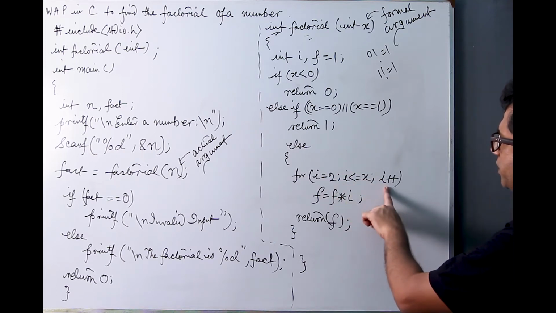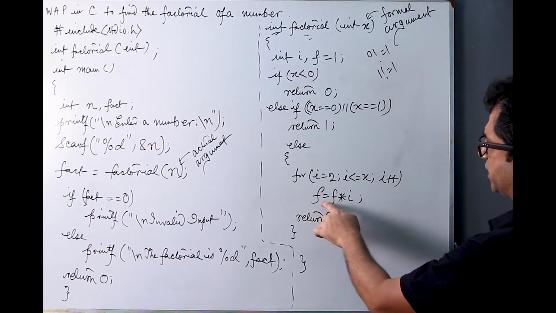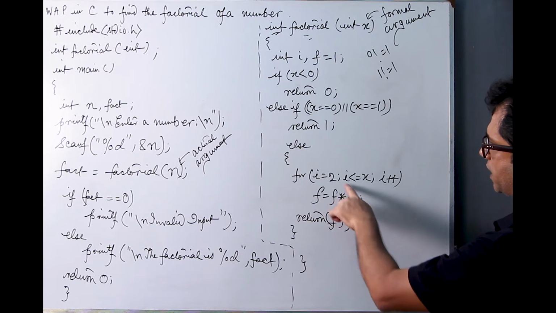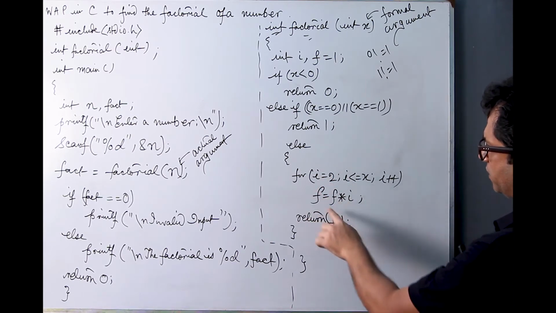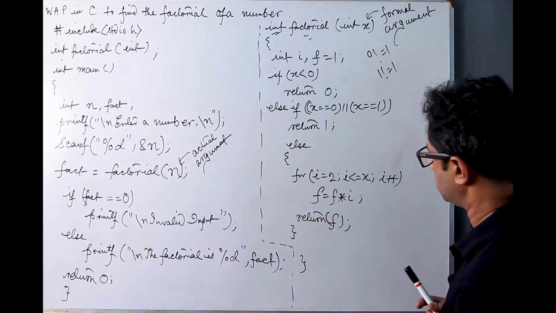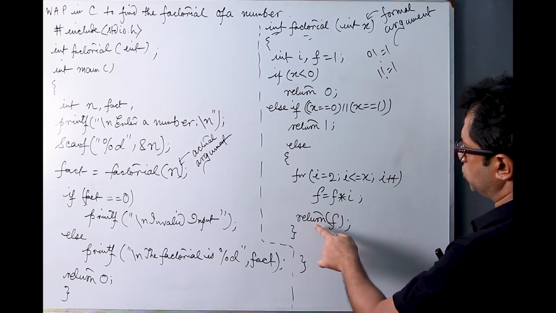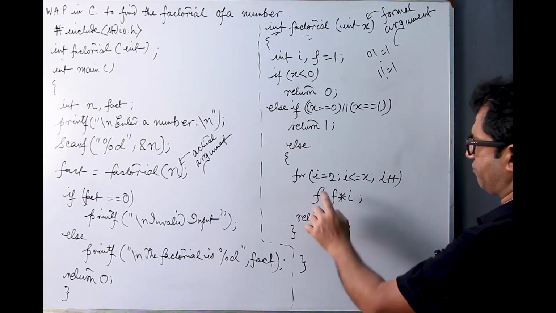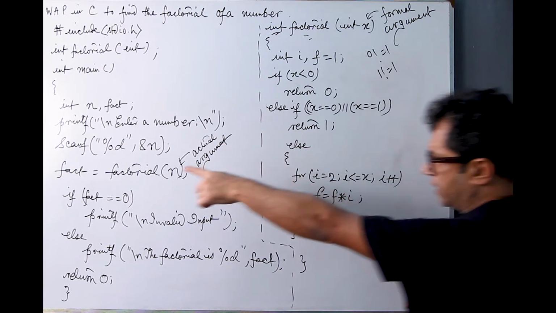Then we will increment I by 1, and then we calculate in this fashion, f is equal to f star I. This will calculate the factorial of the number. Then when we go outside the loop after the iterations are over, we are going to return the value of f to the calling module, that is in the int main section,